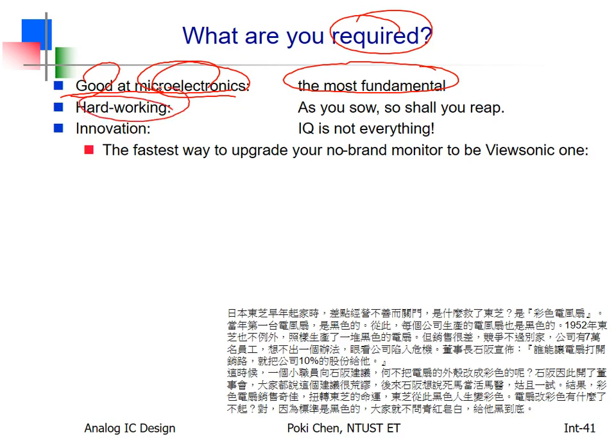And then you need hard work to get better experience. This is as you sow, so shall you reap. 要怎么收获就要怎么栽. And then after that, innovation is the key. You need to be very innovative. In this domain, IQ is not everything. In the digital domain, I promise you, the smarter, the better. In our domain, the smarter usually doesn't mean the better. Why? Because smart guys believe in themselves too much.